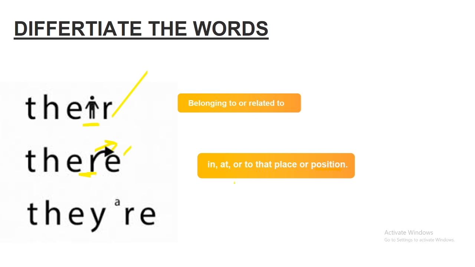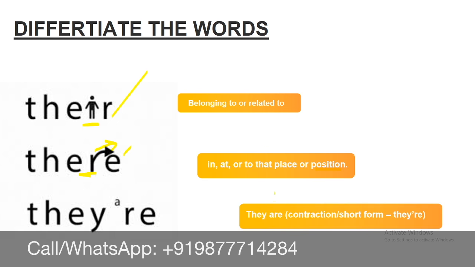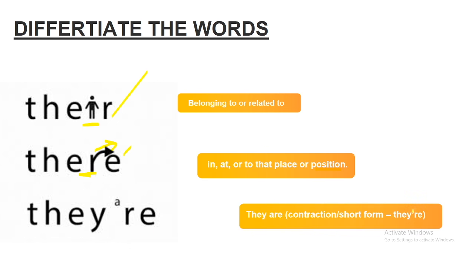So these are the two words, and they're is basically the contraction. So apostrophe re would become they are. It's kind of the short form of they are. So it's a good way to remember that instead of the apostrophe, you can imagine an a to be here so that you never forget it. Let's remember these so that you would never forget them ever in your life. Let's do it in that manner.